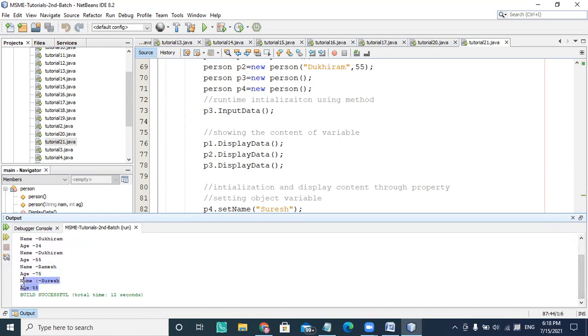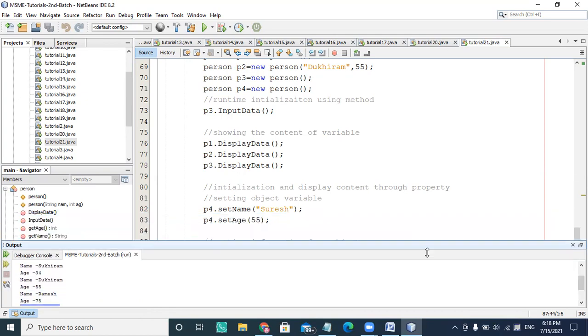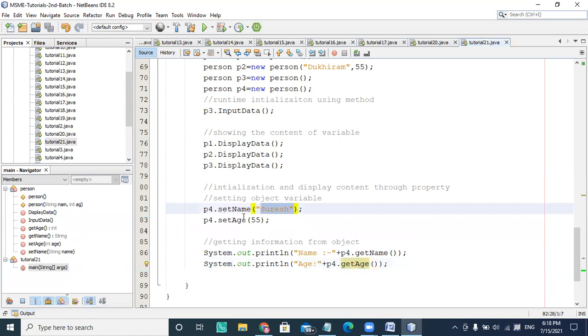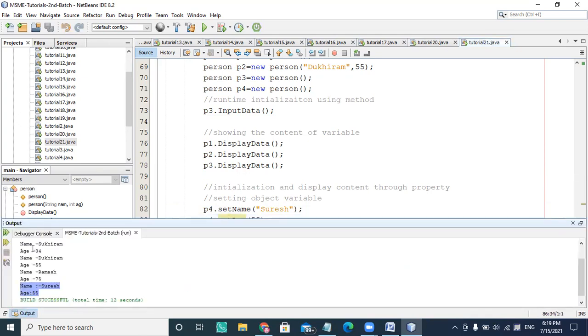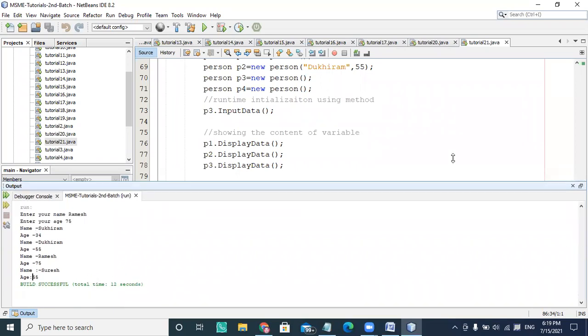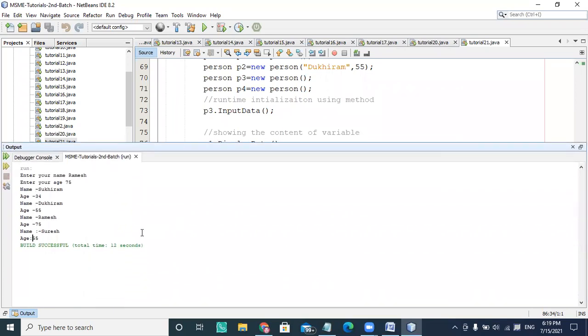Suresh is the last one, which is initialized with the help of the property, and it's printing with the help of the property. So here I'm using colon and dash. If you see, all are simply dash dash dash, and here this is colon and dash. So in this way you can see the output.